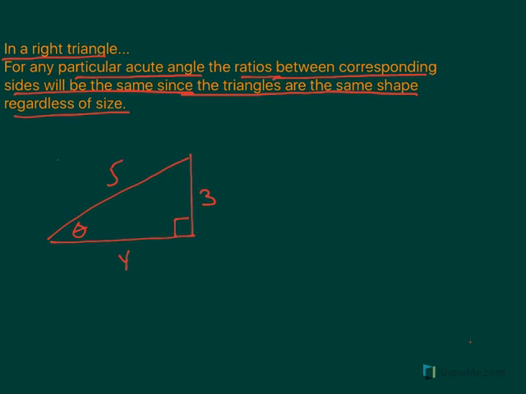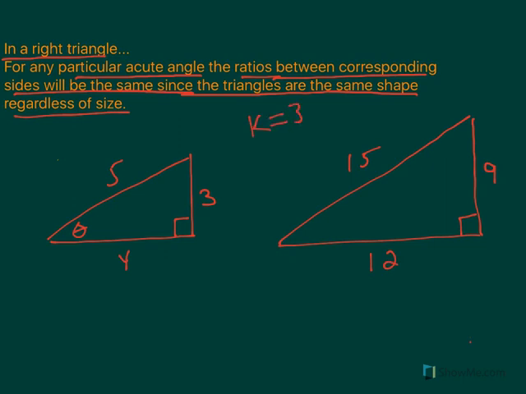If I make a bigger version of this Pythagorean triple, let's say we made it 3 times bigger, that means the side that was 3 will become 9. The side that was the 5 will become 15. And the side that was 4 will become 12 because everything is 3 times bigger. The angle theta will stay the same. So if this started out as a certain angle measure, then it's going to be the same angle measure since it's the same shape. But if we start to look at the basic trig ratios, again, if we compare sides,